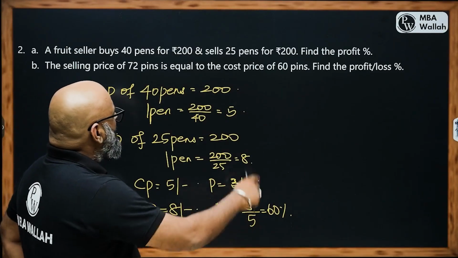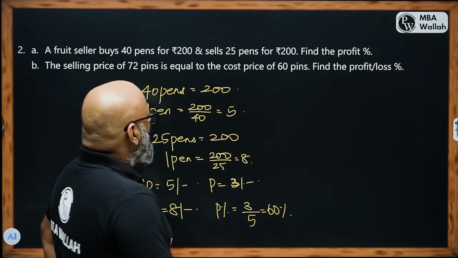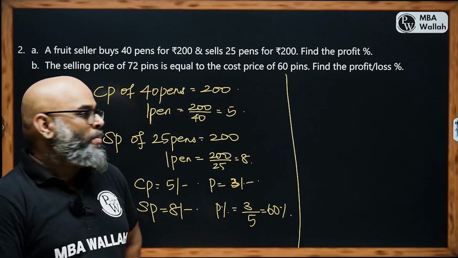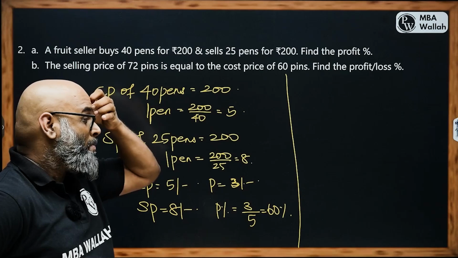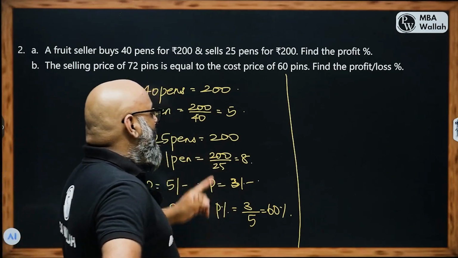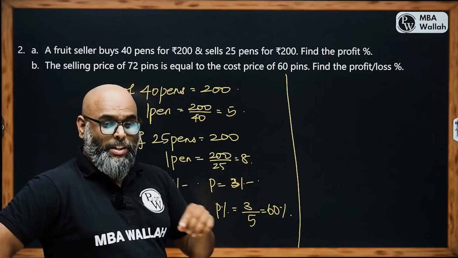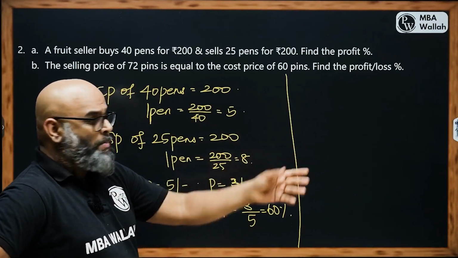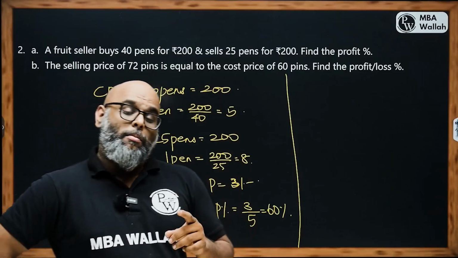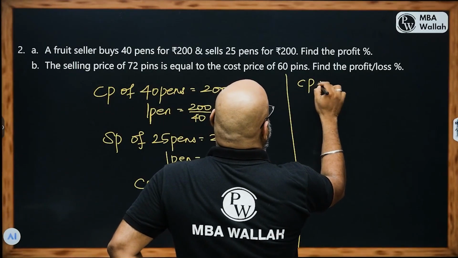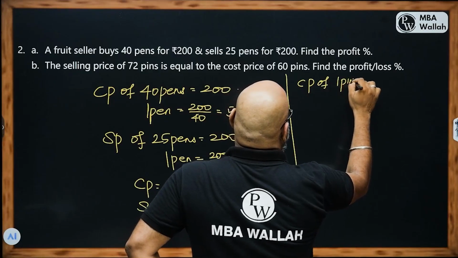Whereas when you move on to the next case over here, the question says the selling price of 72 pence is equal to cost price of 60 pence. Find the profit or loss percentage. Now, unlike this question, here the price is not given, but it doesn't matter, because